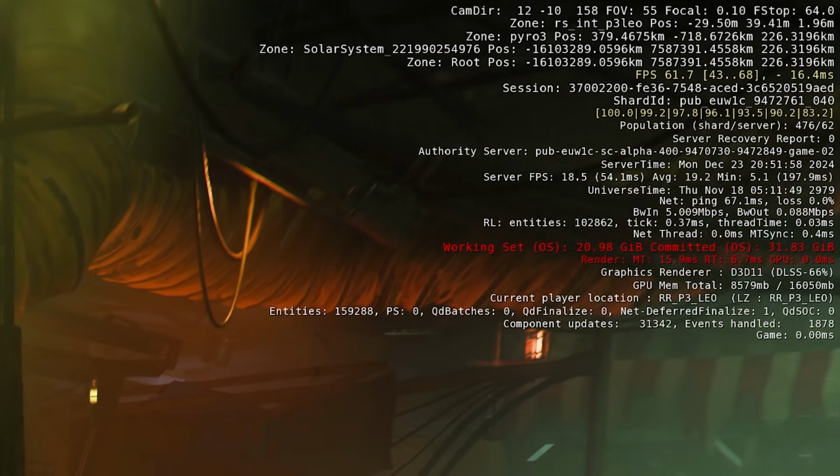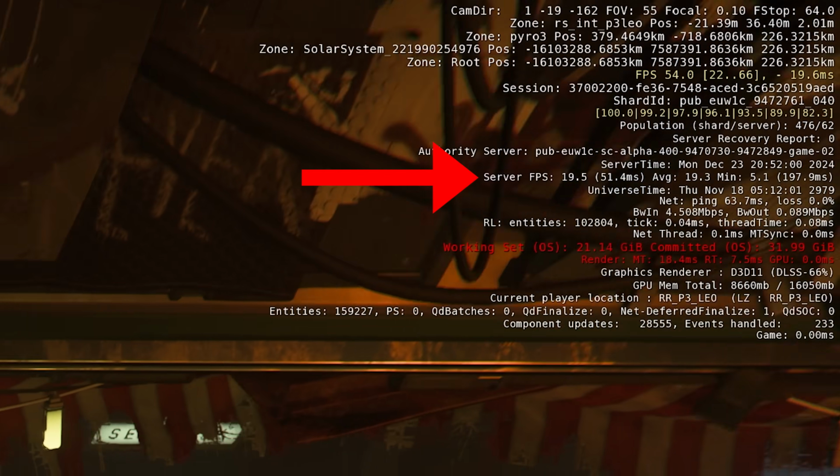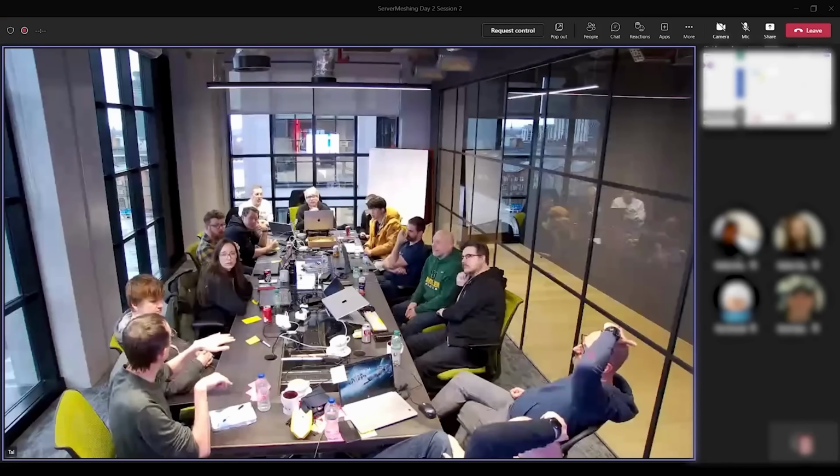But I've also been on many servers within these shards that have been in the 20s, and I've seen some as low as kind of 12 to 15 FPS, which obviously is nowhere near what we were after. We were after a locked 30 everything. But compared to 3.24.3 and all the previous patches we've had without server meshing, as a kind of low, that's pretty good. It's definitely a good step in the right direction,